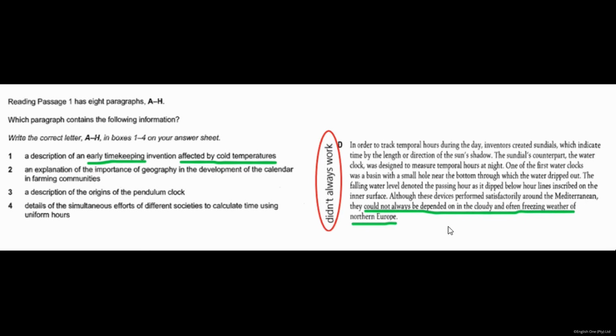order. So go to your questions or statements and underline the keywords and phrases like I've done in this example. Number 1, early timekeeping and affected by cold temperatures. Once you have done the underlining of your key phrases and words, you can start scanning to look for specific